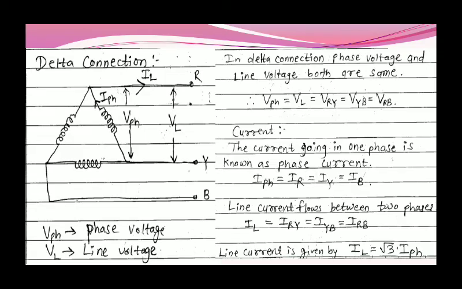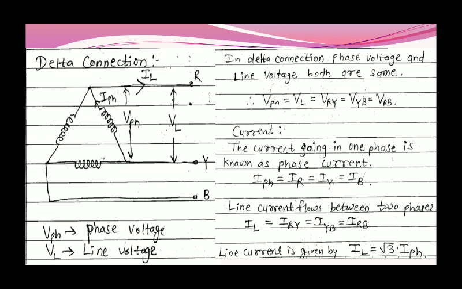Another is the delta connection. As I said earlier, the delta connection somewhat looks like a triangle. In mathematics, when there is a change in something, we use a delta symbol, that is a triangle symbol. That's why we call this type of connection a delta connection. Here also there are two points: phase voltage and line voltage, and phase current and line current.